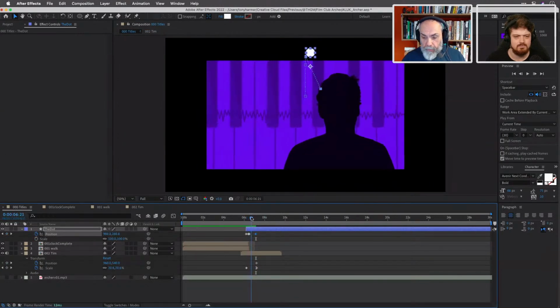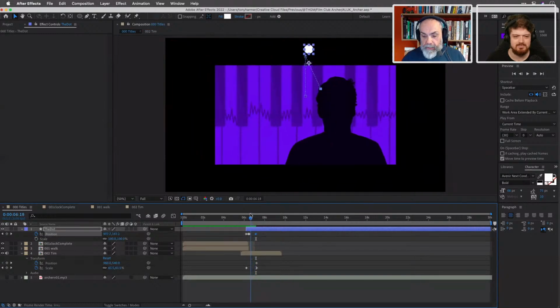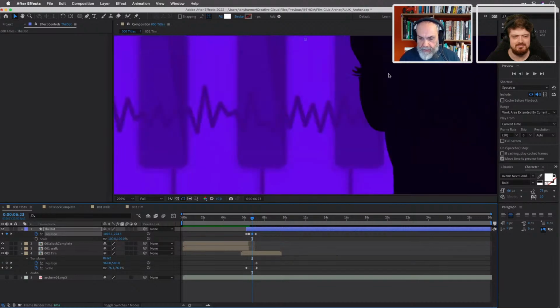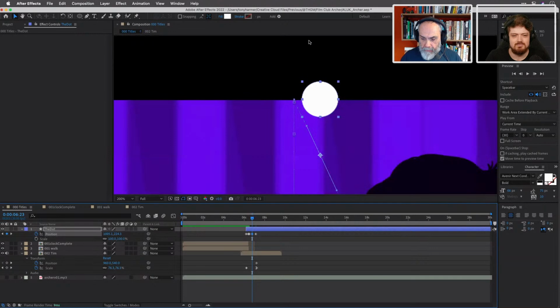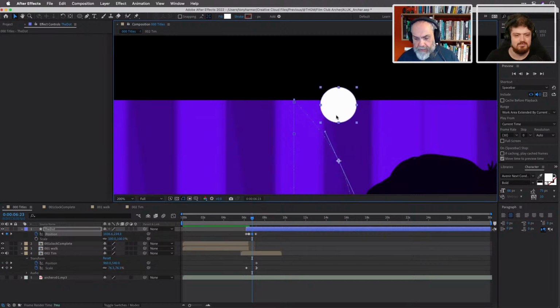Okay, so that will boink, it hits there, comes down, doof, strikes your head there. Now that needs to bend rather. So I'm going to add another keyframe at this point. Let's just zoom in a bit so it's easier to see what I'm doing. Okay, there we go. And I think what I'm going to do is just move this out a tad. Can you see the bend that's appearing there now?